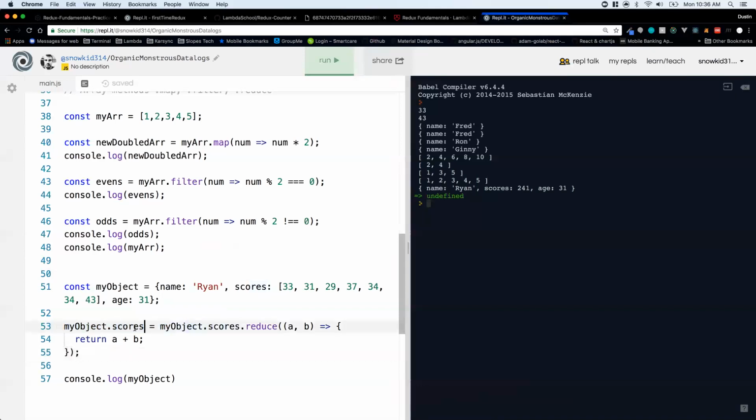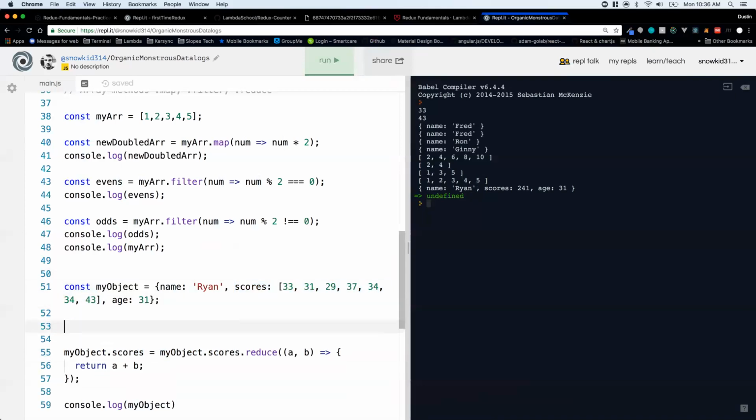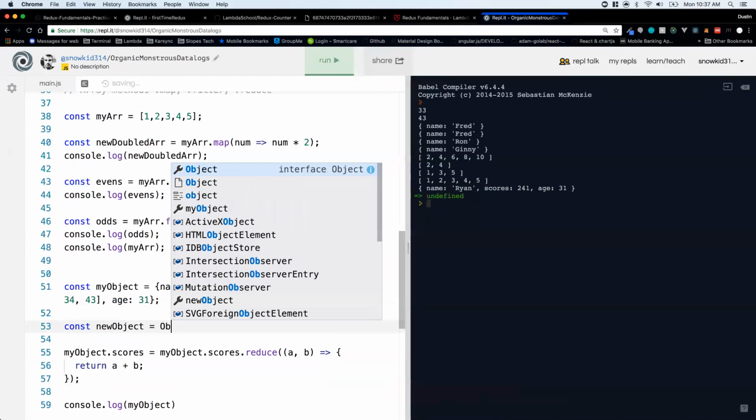We have used my object dot scores, and we have changed the value of scores, where we've added them all together and created this. So a better way to do this would be to create a new object and use